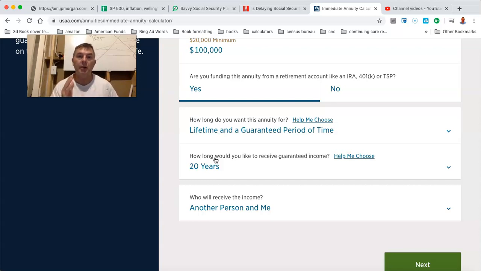So the insurance company knows for a fact they're on the hook to pay this out for 20 years. If I live for 40 years and I die and Charlotte lives for 10 years, then when she dies, it doesn't matter. As long as one of us is breathing, they're paying us the annuity. I hope that makes sense. Now, if we both live beyond 20 years, at the death of the surviving spouse, the annuity stops. I cannot stress this enough. So you're doing a guaranteed period of time, period certain, and lifetime. As long as one of us is breathing, the annuity pays out. The minute we both die, the annuity stops unless it's been under 20 years.